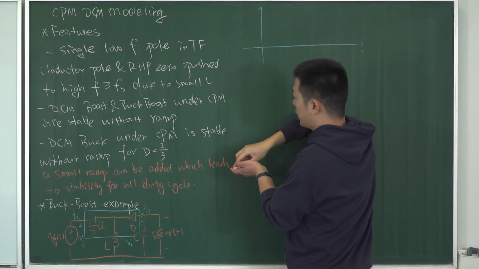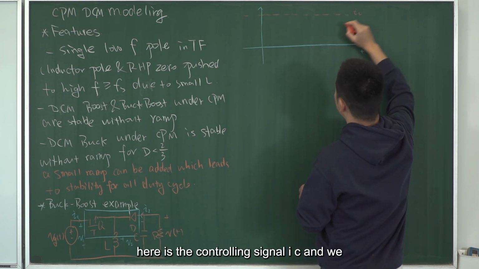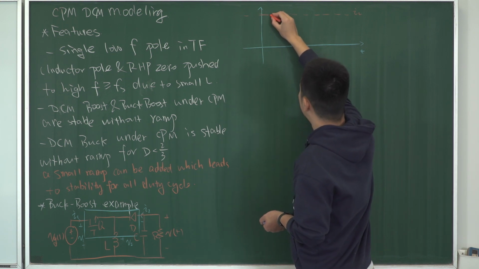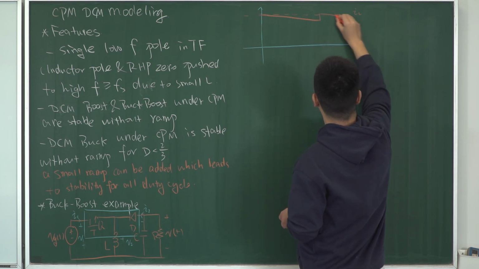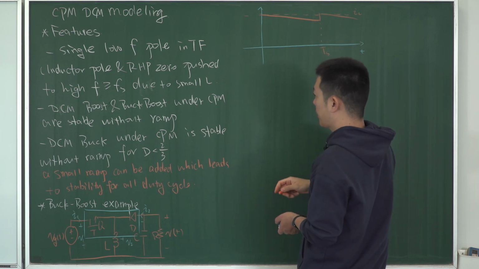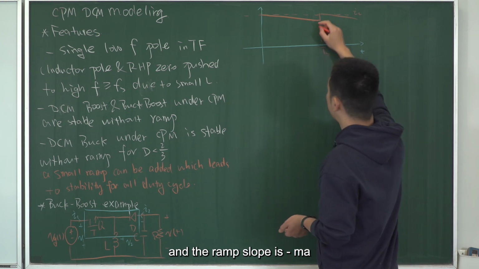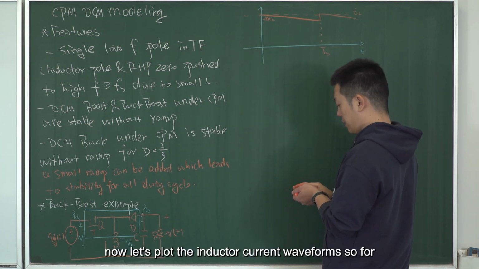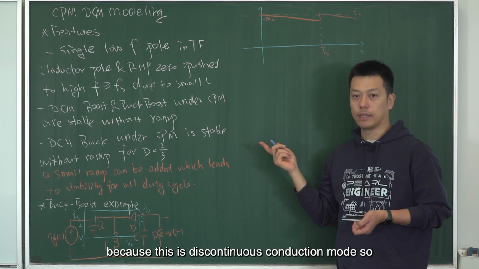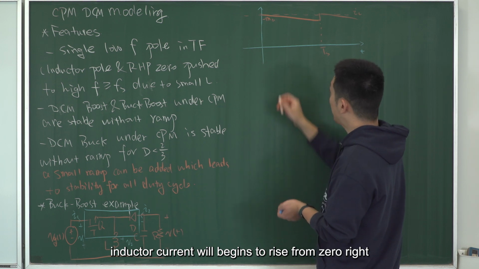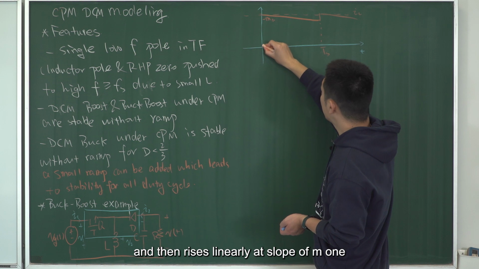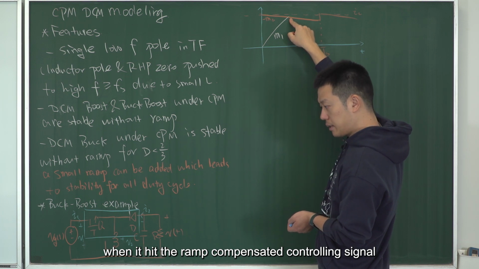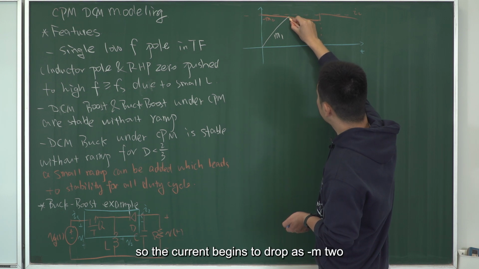So say that here is the controlling signal IC, and let's say we insert a ramp here, right? Let's say we insert a ramp. So here is TS. And the ramp slope is minus MA. Now let's plot the inductor current waveforms. So because this is discontinuous conduction mode, so inductor current will begin to rise from 0, right, when the switch is on, and then rises linearly at slope of M1. When it hits the ramp compensated controlling signal, then the switch is off,